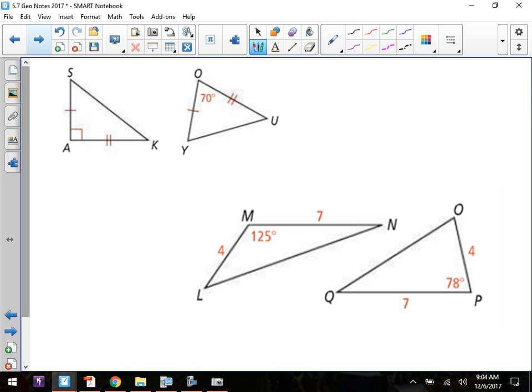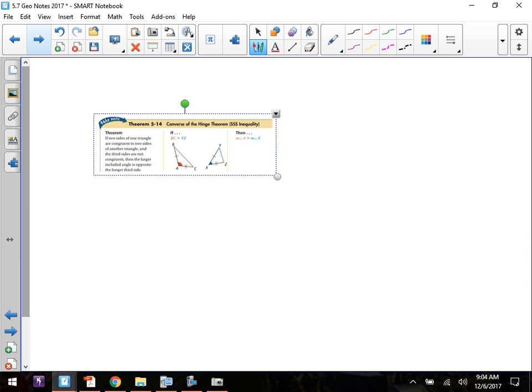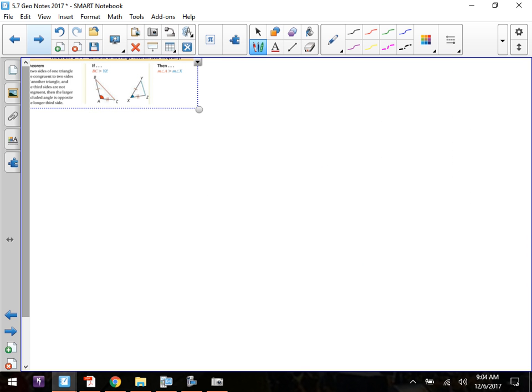A little bigger angle, yeah, the LN. Okay. All right. Now, this also works going backwards. That when you have two sides congruent,